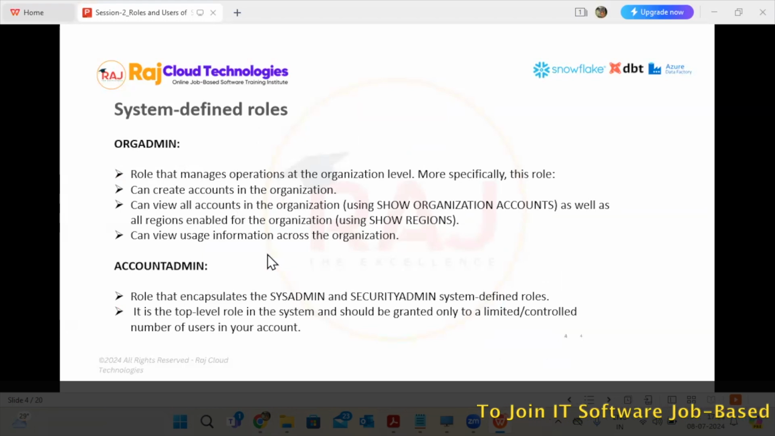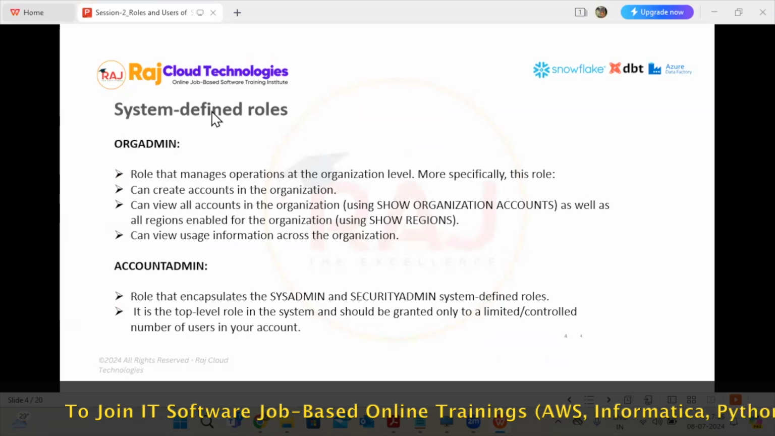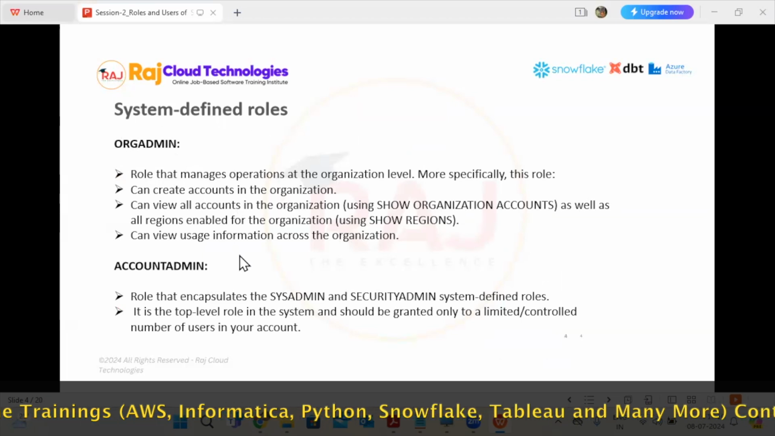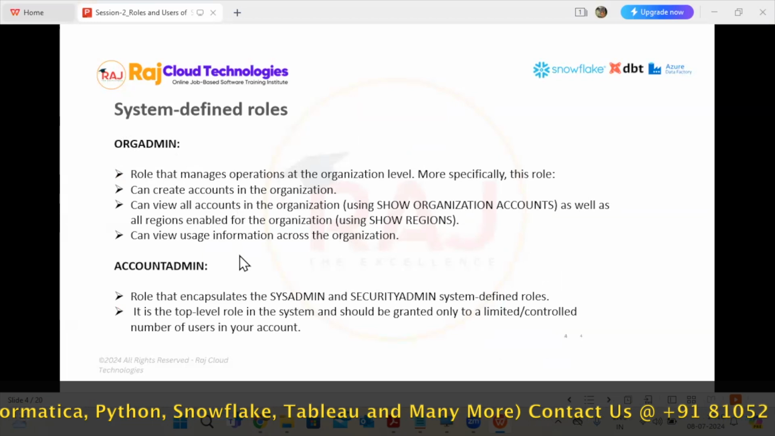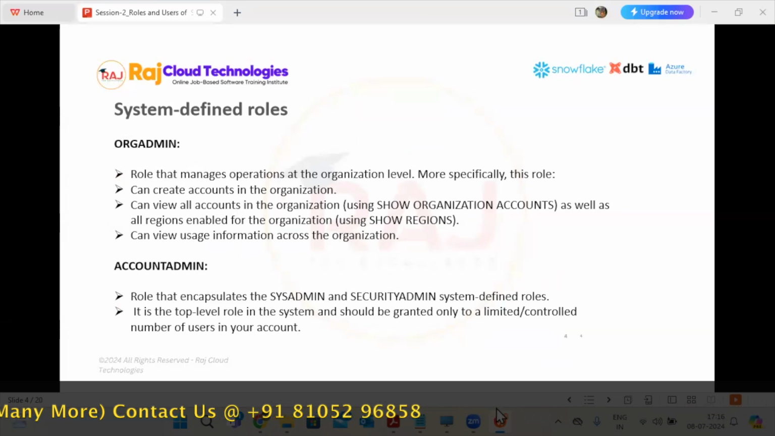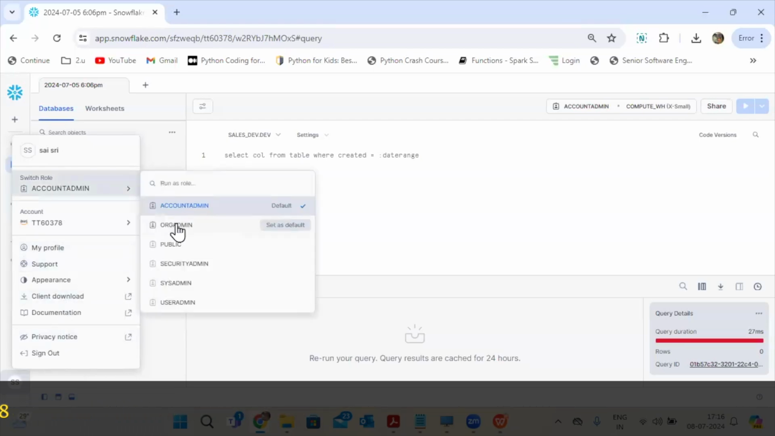What is the purpose of each role? By default, I already mentioned system defined roles. That's the reason they are already available in Snowflake. We are not going to do anything on top of that. We are using the existing roles. For example, if I go with the org admin,